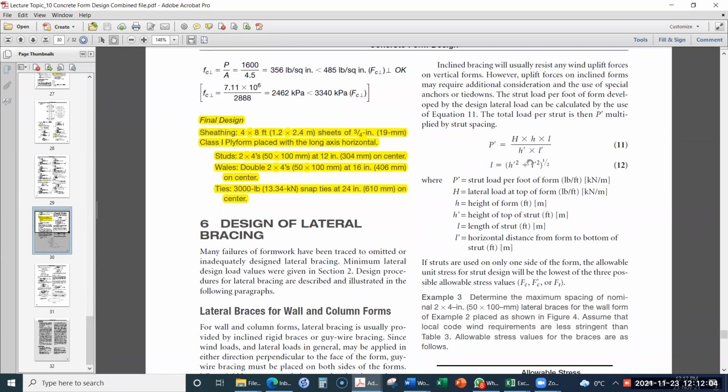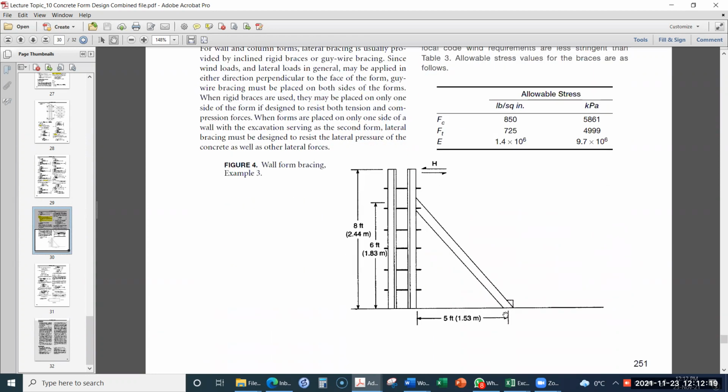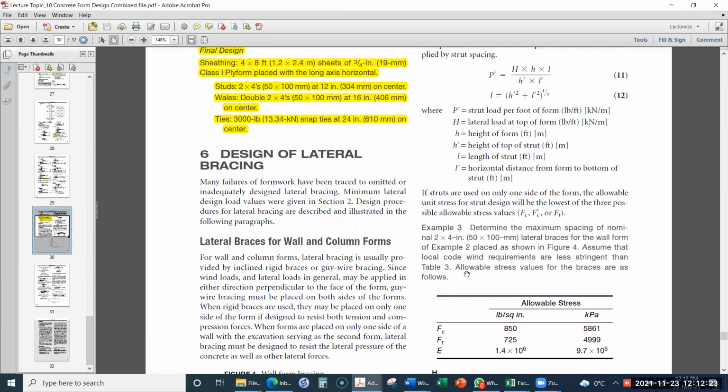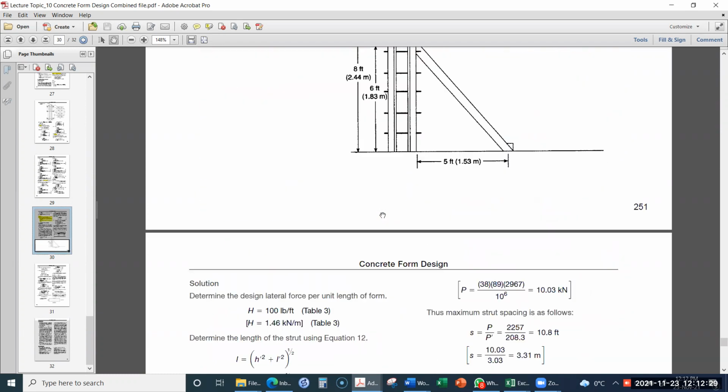This equation is simply the ratio of the dimensions of the wall and the respective dimensions of the strut. So for example, over here H is the lateral force, which we already determined to be